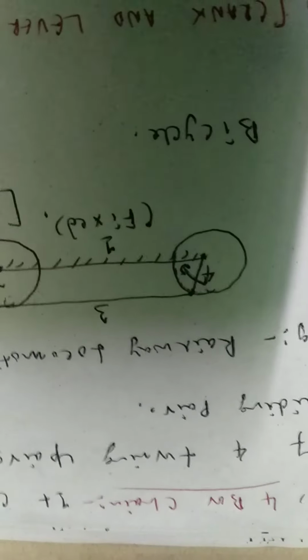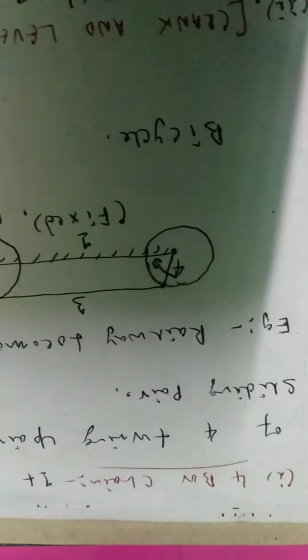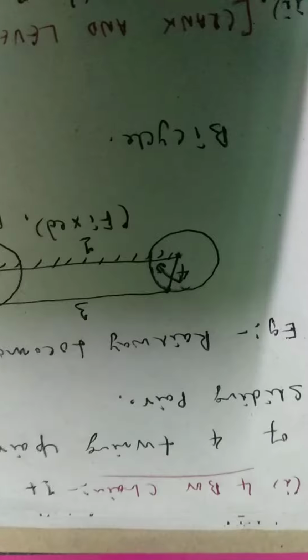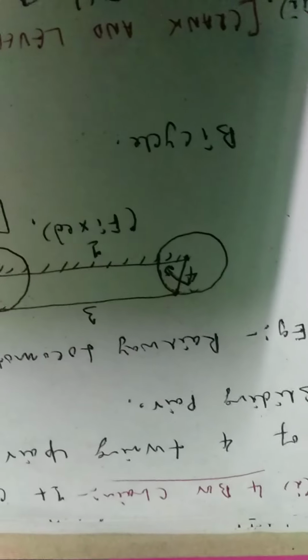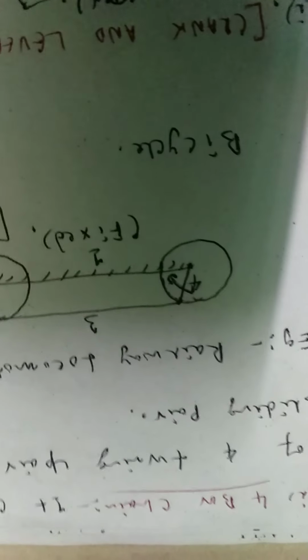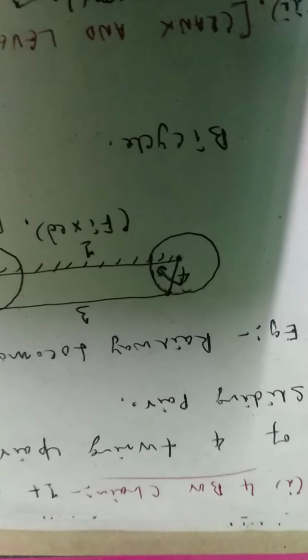So in this mechanism, links 2 and 4 act as cranks and are connected to the respective wheels. Link 3, as you can see, acts as a coupling rod, and the other link, that is the first link, is fixed in order to maintain a constant center to center distance between them.